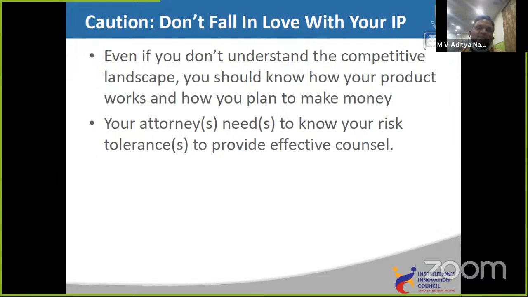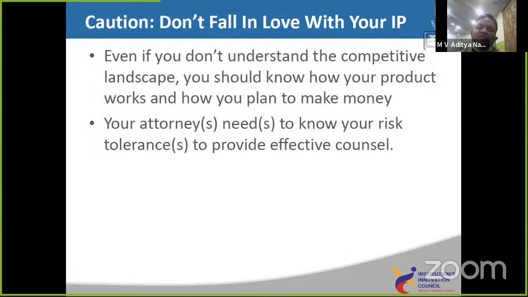And a word to you all: do not fall in love with your IP. Even if you don't understand the competitive landscape, you should know how your product works and how you plan to make money. Once again I repeat it, because until and unless you are clearly confident that investing in IP will give you a monetary benefit, do not proceed. In the future, it's recommendable to have the necessary legal counsel and then proceed ahead